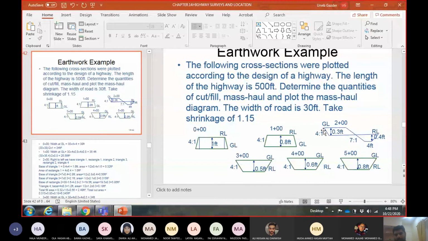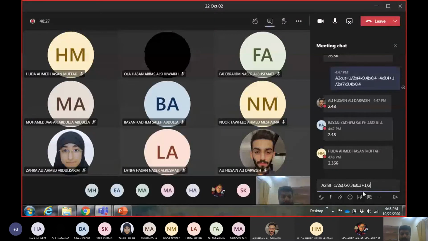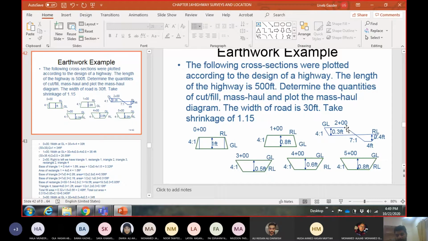Okay, so again, I will go to that left extreme. I have again a right angle triangle. The height is 0.3, and now this is the side slope, because it's the end of the road. So this is the side slope. So the side slope is 4:1. Okay, so 4:1. So half base, so 0.3 into 4 is the base, and then into height, which is 0.3. Now for the rectangle, I know the height, which is 0.3. I need to know the base.